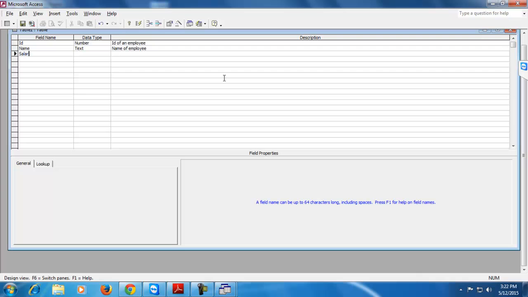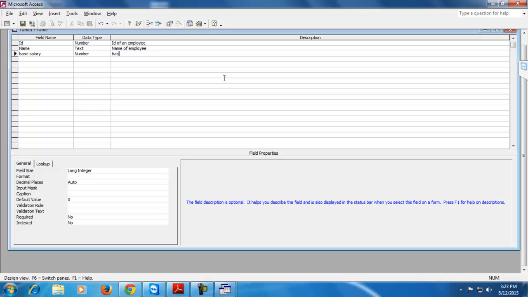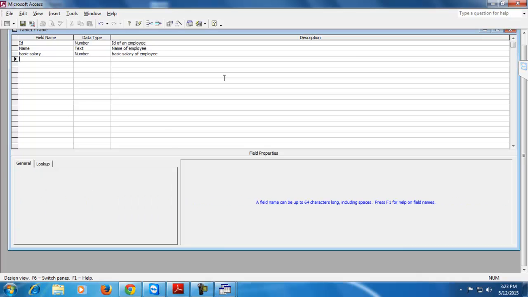Next is basic salary, which will be of number type, or you can also select currency, which will hold the basic salary of the employee.